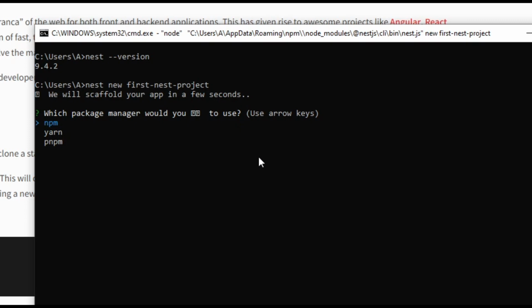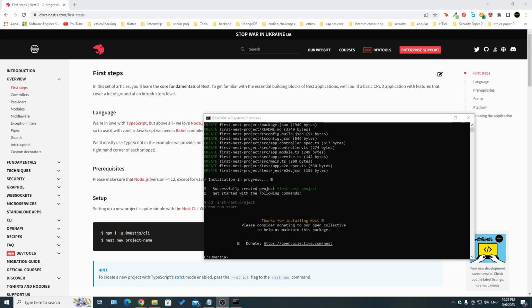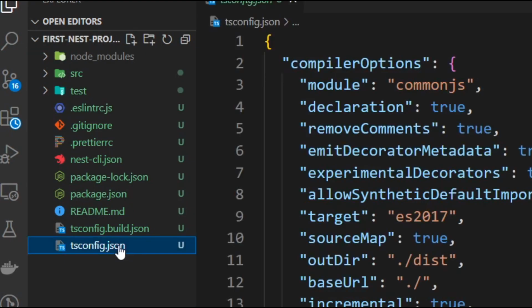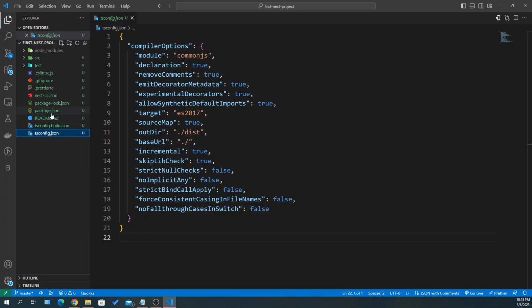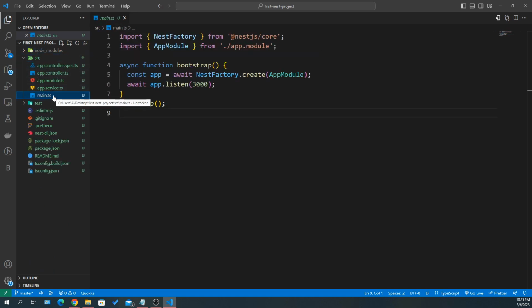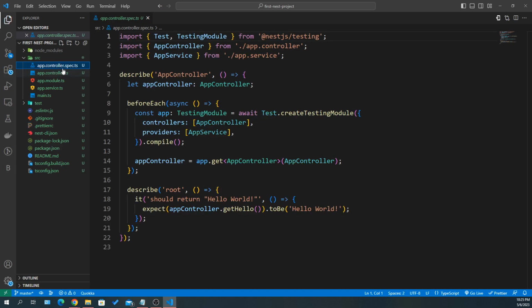It is going to ask you which package manager you would like to use. I'm gonna go with npm, and then it's gonna create the initial files for you. And it's done. As you can see, those are all automatically generated by the function. We have a tsconfig.json file, of course, package.json. We have the nestcli.json, and then we have a testing folder, a source folder here, in which we have a main.ts file, and then we can see we have a specific convention here, app.service, app.module, app.controller, and then this testing